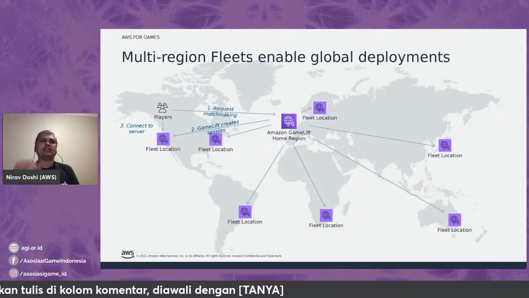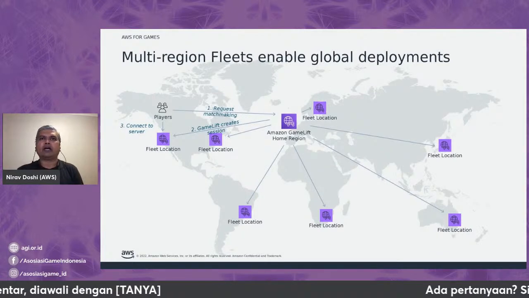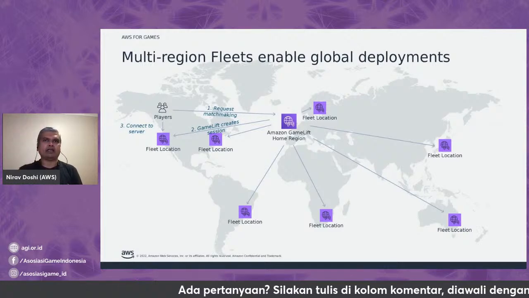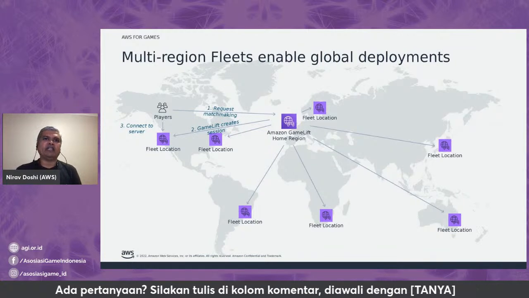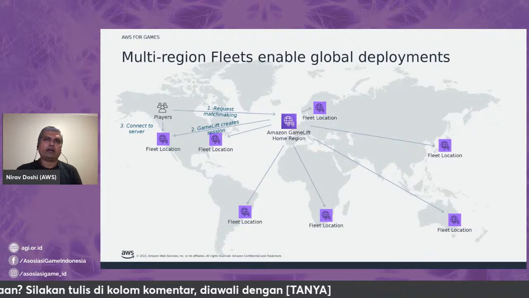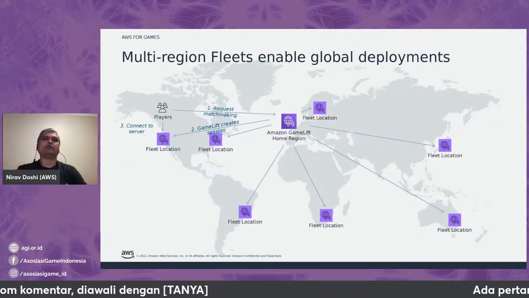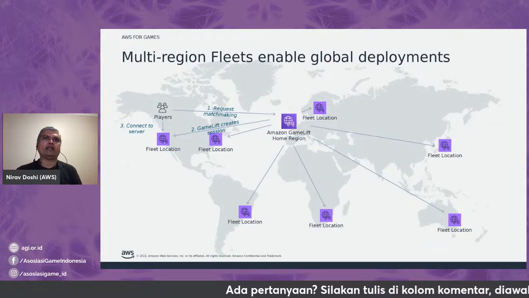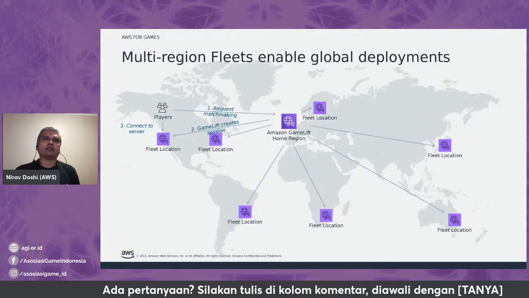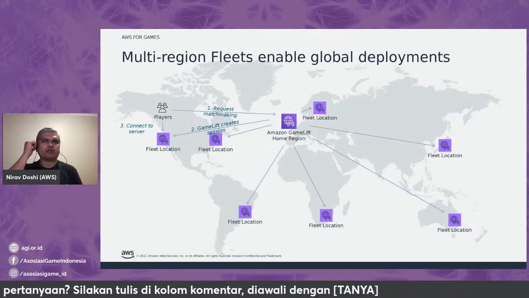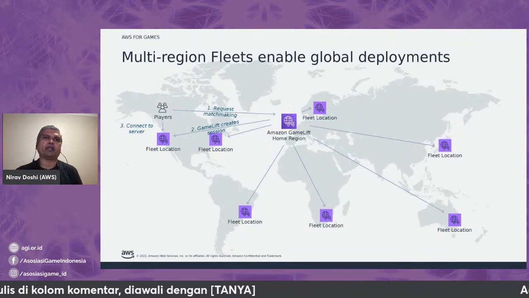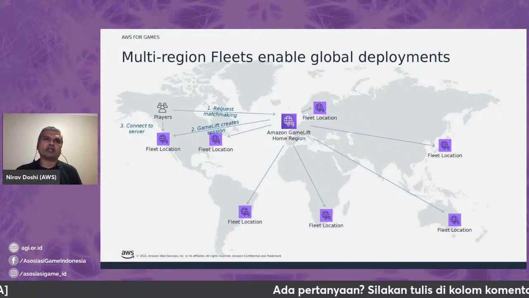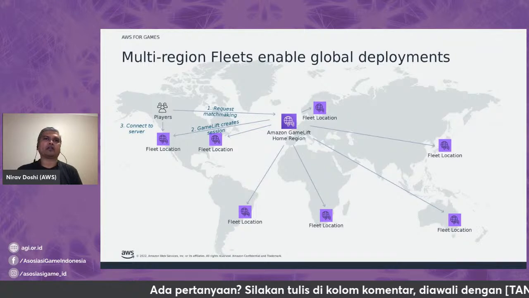When you have a multi-region fleet, as I was just talking about, what you can see here is in the center, there is the GameLift home region. Let's say that is in Dublin in Ireland somewhere. You may have fleets across the globe like this, and all of these fleets complement your main home region. The home region is where everything is based. So when a player requests to be matchmade, the server is able to create a matchmaking session, identify which fleet this player would have the best experience on, and then the server creates the game session on the fleet location that is closest to the player.